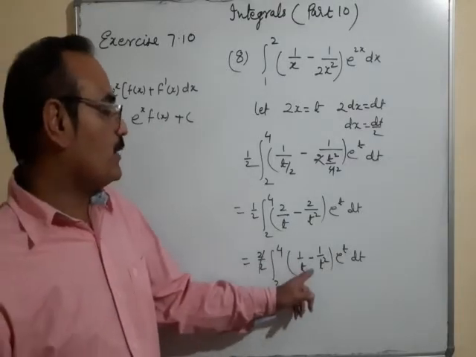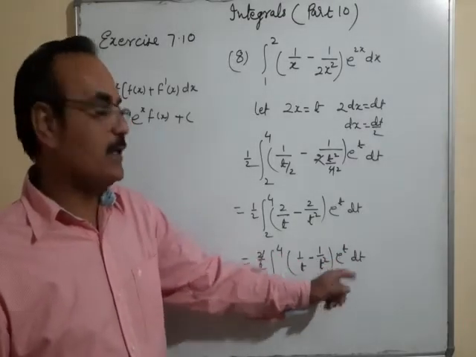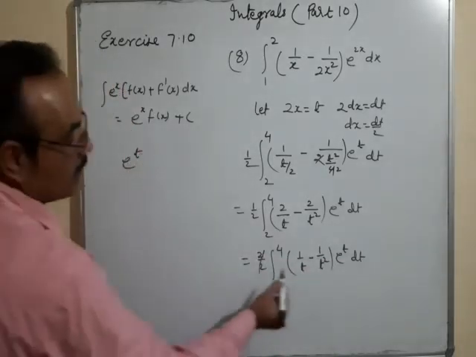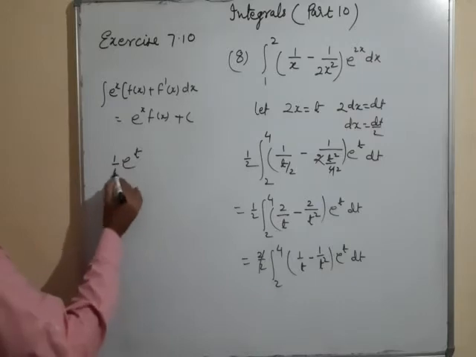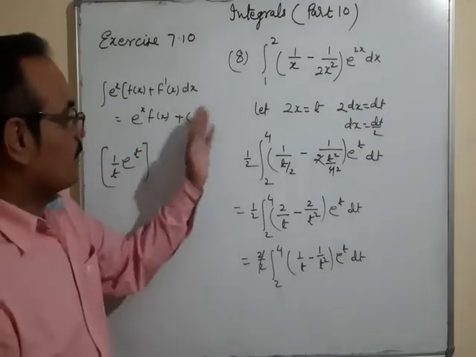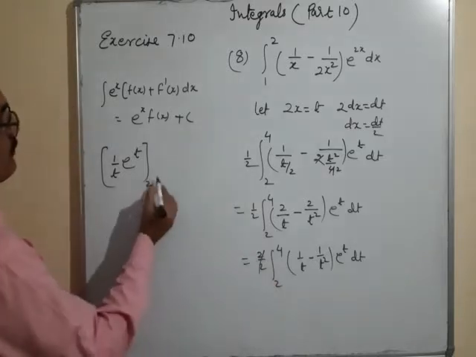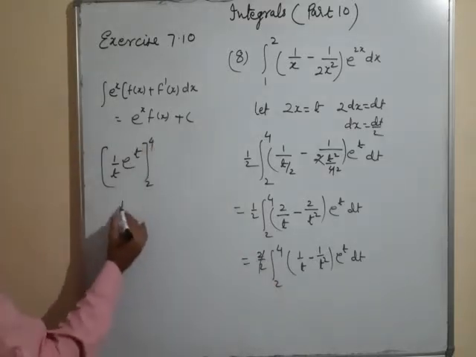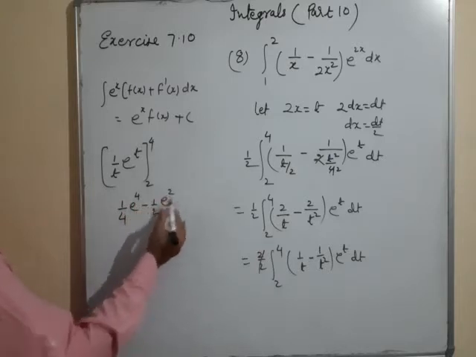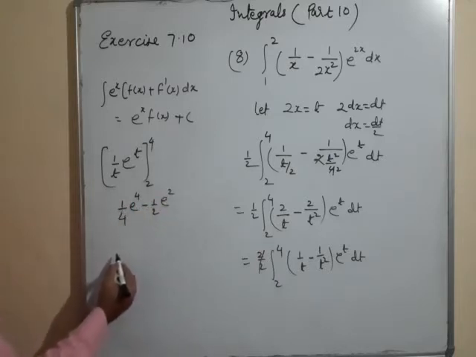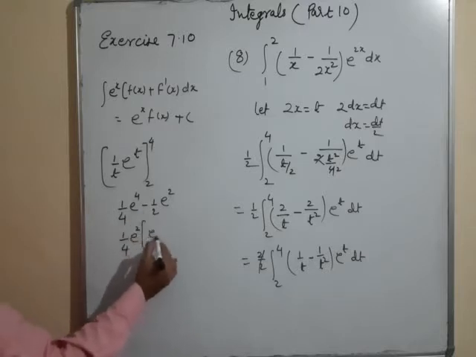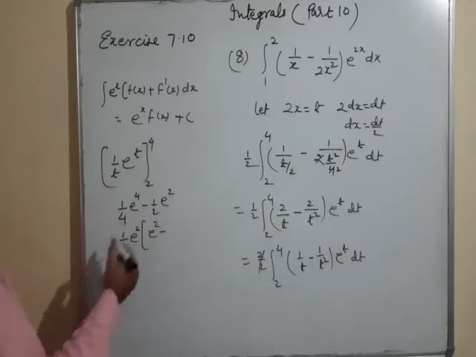Here, ∫ (1/t − 1/t²) e^t dt. So may I write directly e^t into 1/t, and with limits, because it is a definite integral, so plus constant is not required, from 2 to 4: (1/4)e⁴ − (1/2)e². Okay. So may I take 1/4 common and e² common. So this is e² minus, where I take 1/4 common,